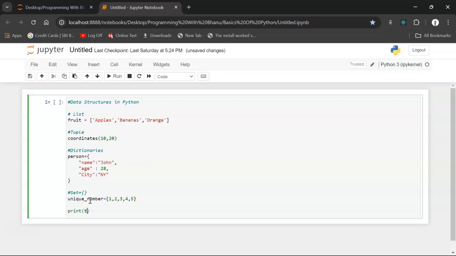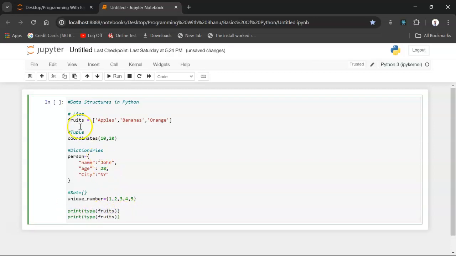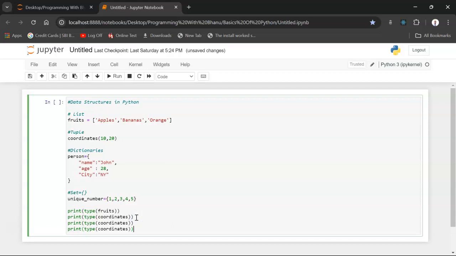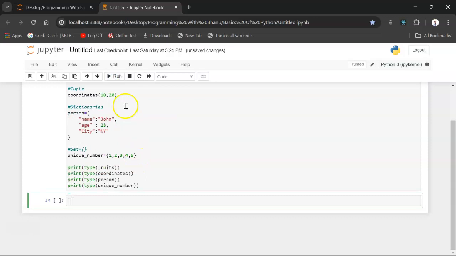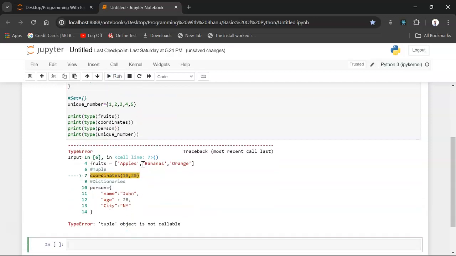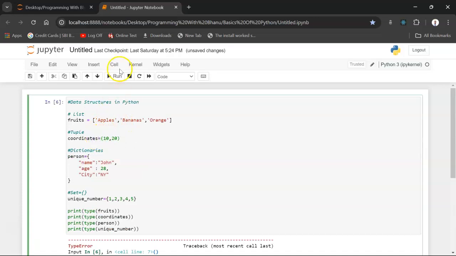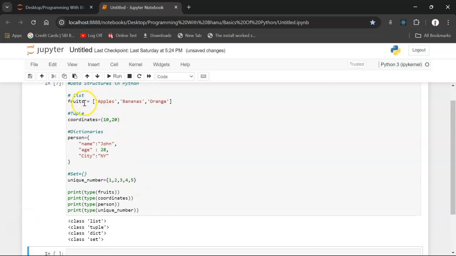Let's print them out. Let's run these. Let's run this again. Now here you can see fruits